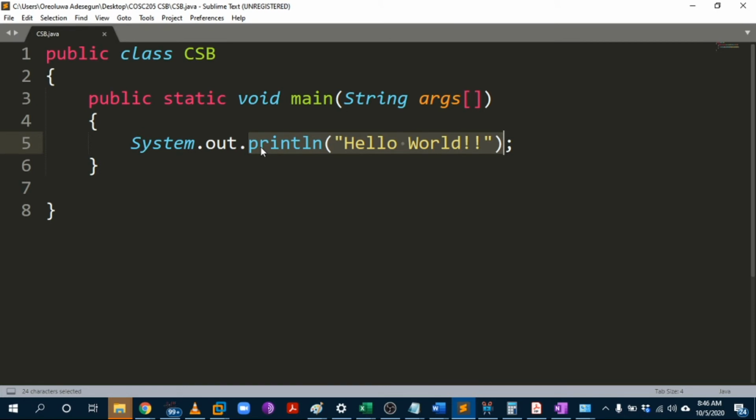Further down the line, I'll be showing you what that website looks like and how to use the website as a reference material for Java programming. Okay, so that's that. Now that we have saved, the next thing is for us to compile and execute this